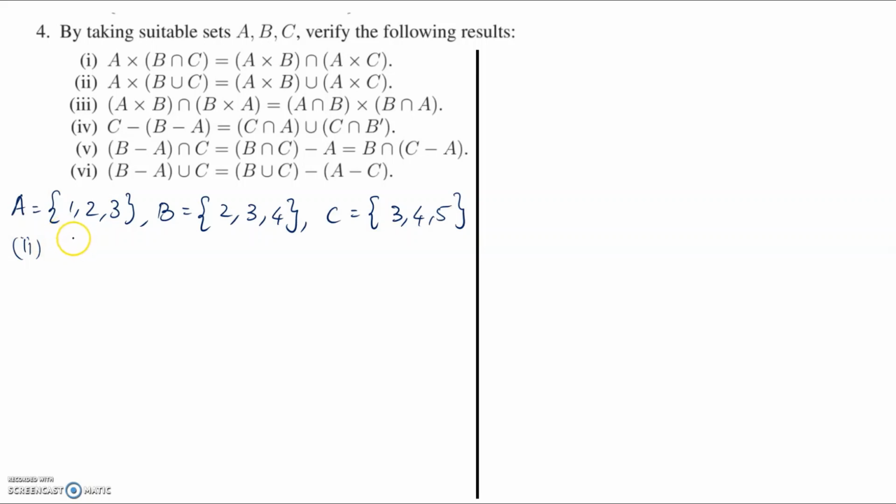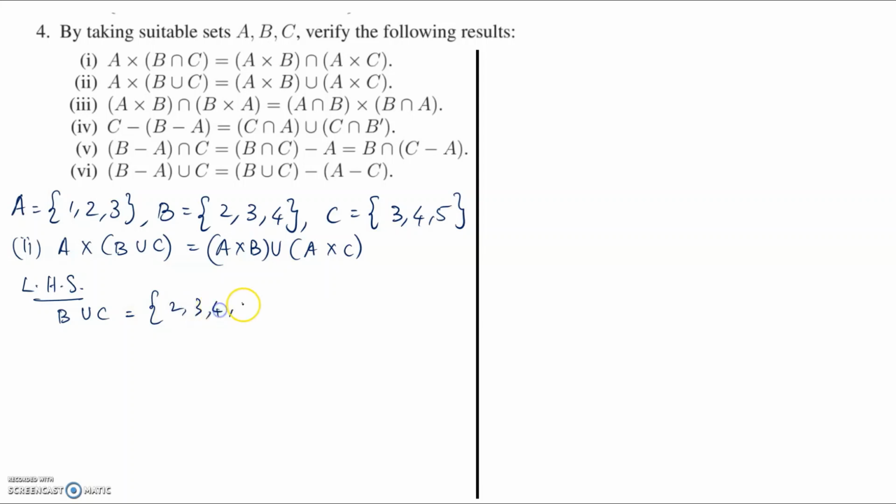Question number 2. We have to prove that A Cartesian product with B union C is equal to A Cartesian with B union A Cartesian with C. So let's again take the left hand side. So our B union C will be equal to 2, 3, 4, and 5. And our A Cartesian with B union C will be equal to